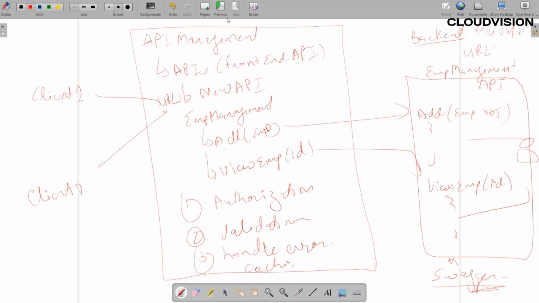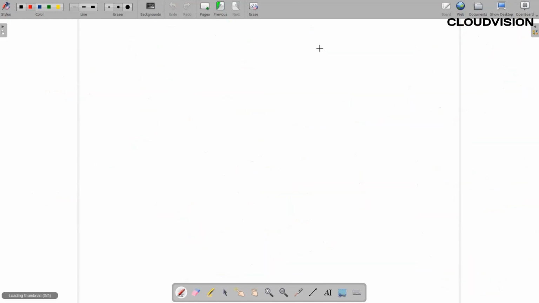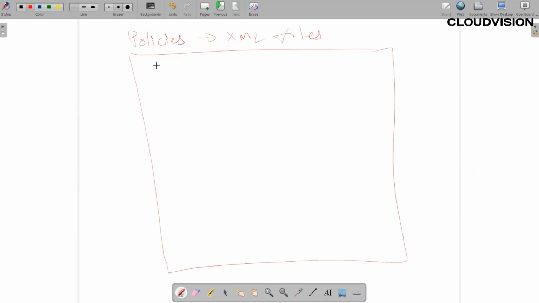Now, when I want to work with the API management service, there are a few things that you should know. We have the policies. So we have to work with policies. Policies basically are XML files, right? Which contain four main areas. So the policies have four sections: